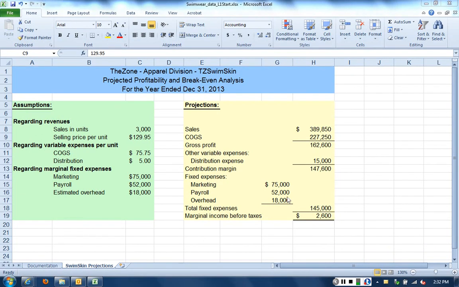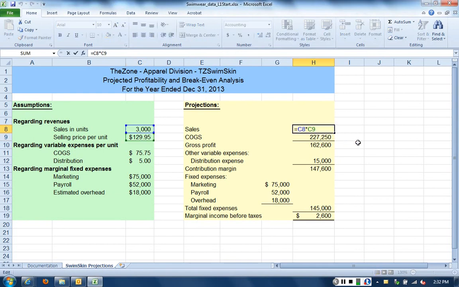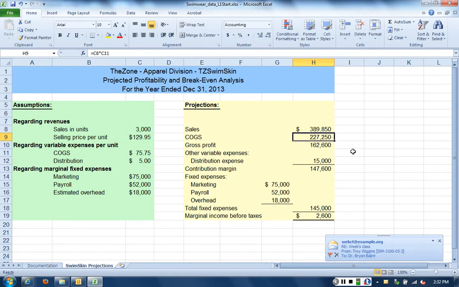So we have sales, which right now is $389,850. And if I click on this cell and I look at the formula behind it, it's just multiplying C8 times C9. So it's taking the sales in units and multiplying it times the selling price per unit, and that gives us a net sales figure of